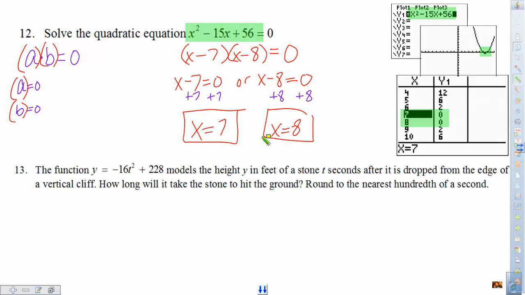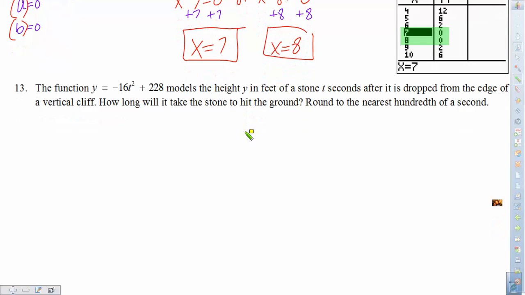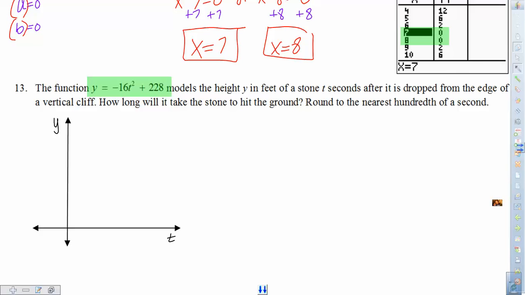And so once again, just go ahead and have at it. Let's take a look at this problem right down here. Once again, certainly many different ways of solving this problem. What we're looking at is a modeling situation where a stone gets dropped from the edge of a vertical cliff. Because this is a quadratic function or a graph, a parabola can model this one pretty easily. Taking a look at the situation, what we really have is this object being dropped from a height